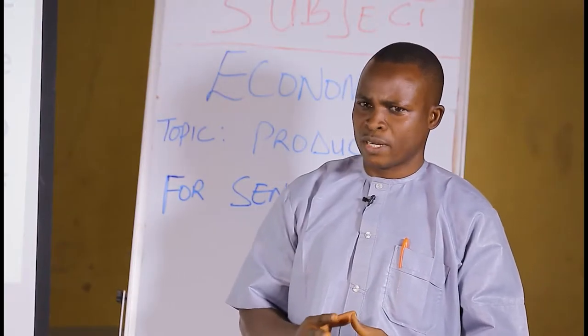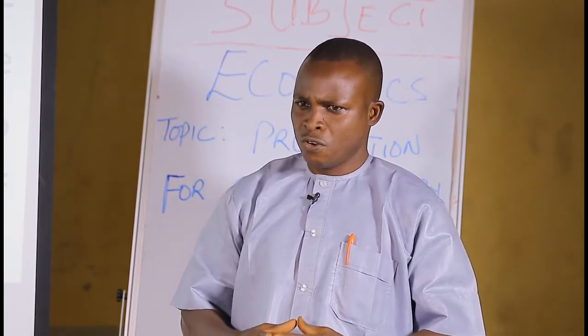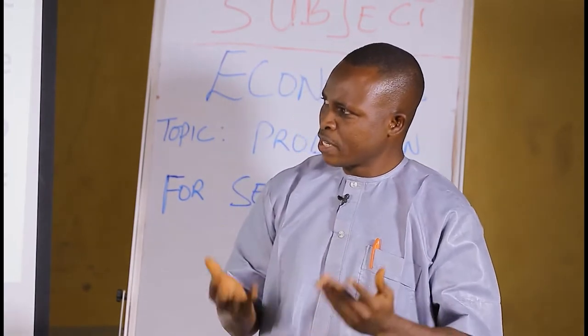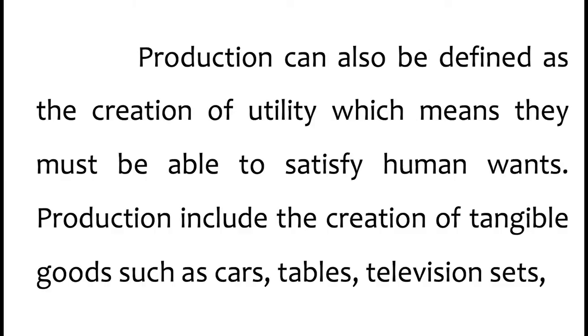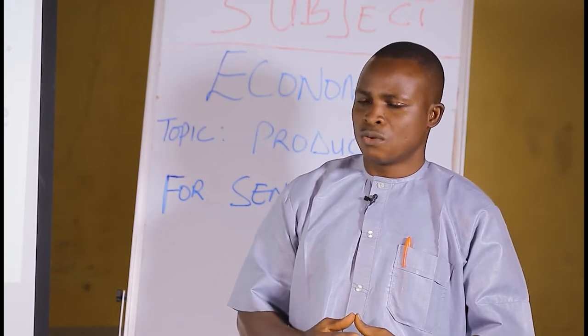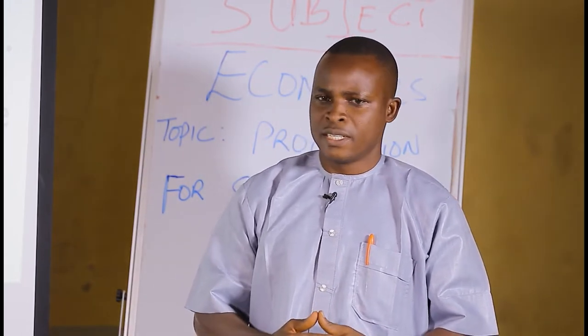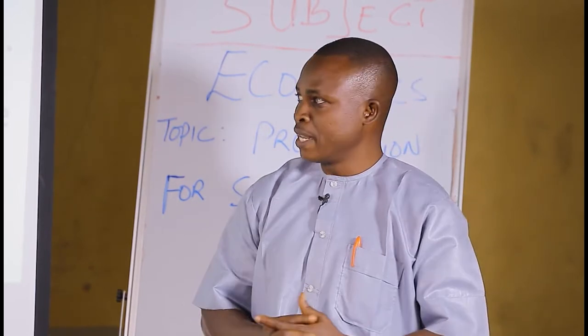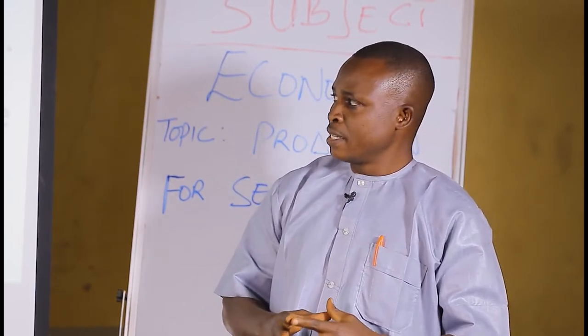Now, this production that we are talking about classifies into various sections. But before we get into those sections, have this example of production. We have television, goods that can be produced or goods that can be transformed into finished goods. Now, these productions are made in such a way that they will satisfy the needs of the consumers. Without any production that will take place, if the sole aim is not for the satisfaction of consumers, then the producer is not doing anything. In that case, the production